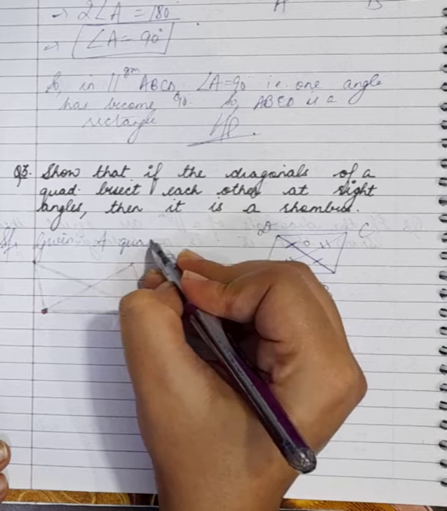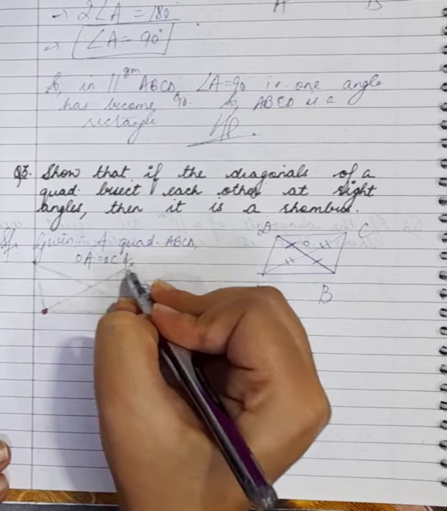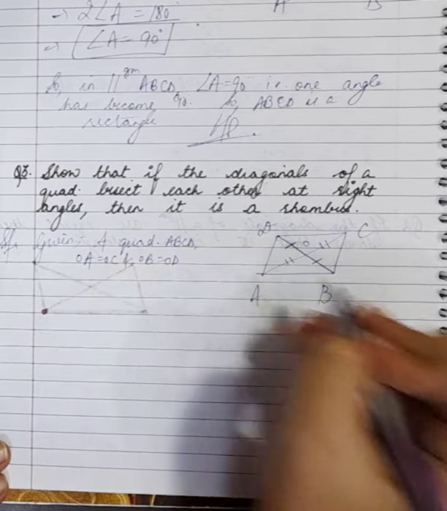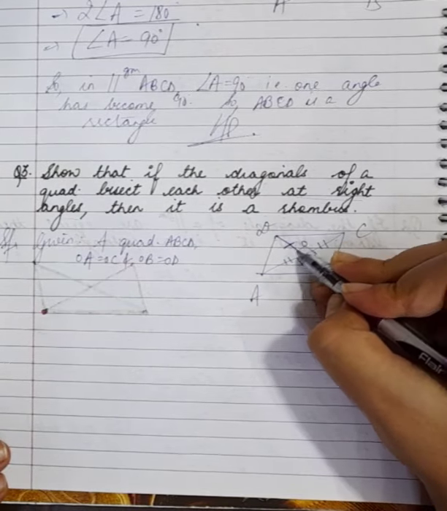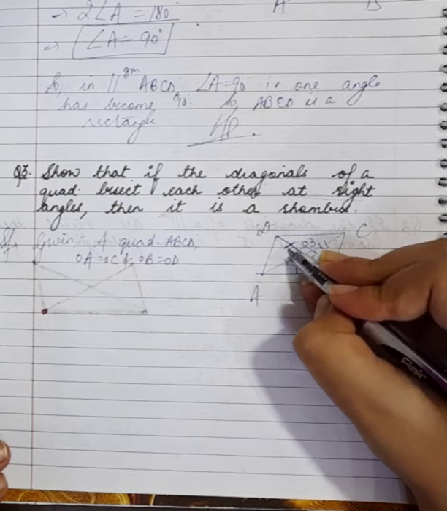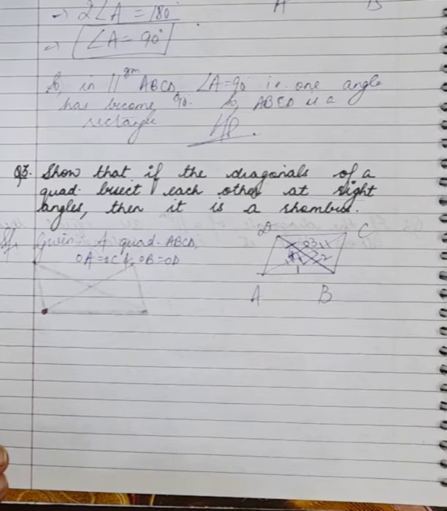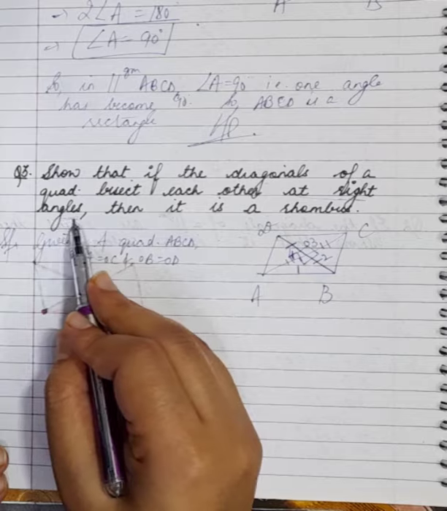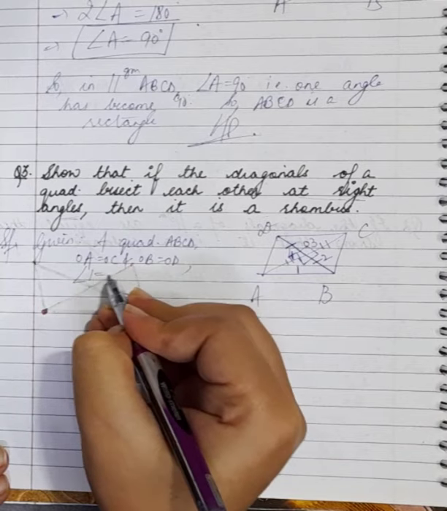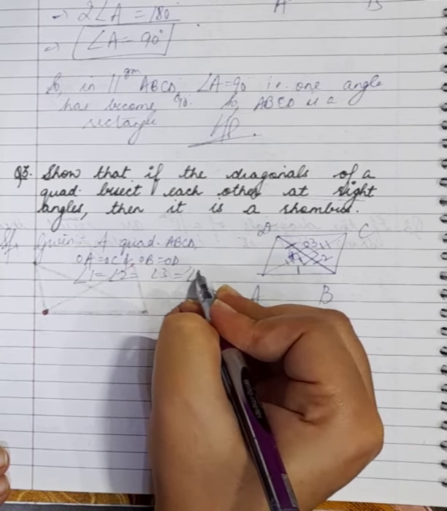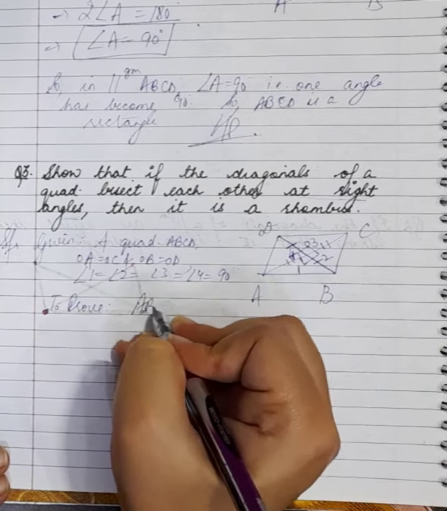A quadrilateral ABCD, OA is equal to OC and OB is equal to OD. That is, diagonals bisect each other. This is given at right angles. That means definitely in the center 90 degrees is being formed. So I can write angle 1 is equal to angle 2 is equal to 3 is equal to 4. That is 90 degrees, as it is given right angles. Then it is a rhombus. So what we are supposed to prove? This is also in the given portion. So we are supposed to prove ABCD is a